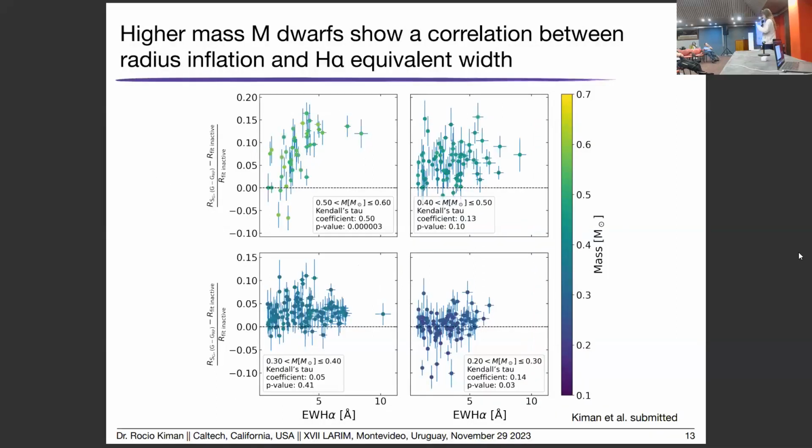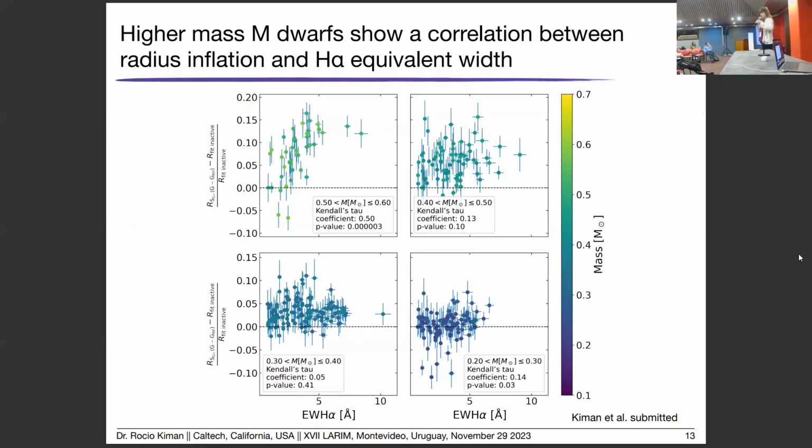So we calculated an average of the inactive stars' radius and compared it to each of the radii of the active stars, and the y-axis is that difference divided by the radius of the inactive stars. So what we could find is that for higher mass stars, this has been between 0.5 and 0.6 solar radius. We see an increase in the inflation with ranges that agree with the literature, as the H-alpha equivalent width, which